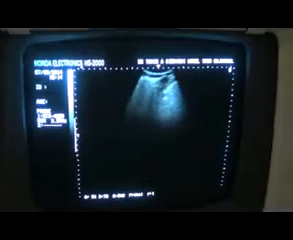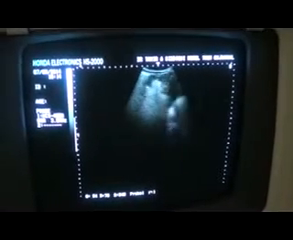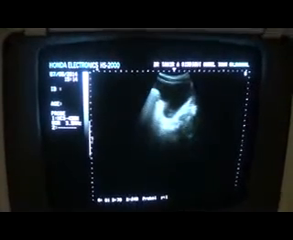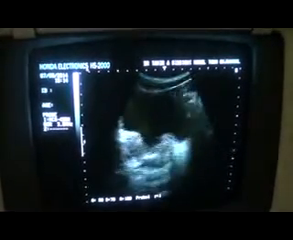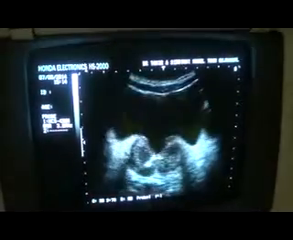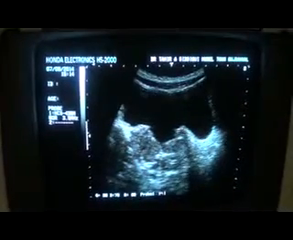Now in this video segment we are going to study the KUB area of a 75 year old male. This is the urinary bladder in longitudinal section, and this is the urinary bladder in transverse section. He has been operated for prostate